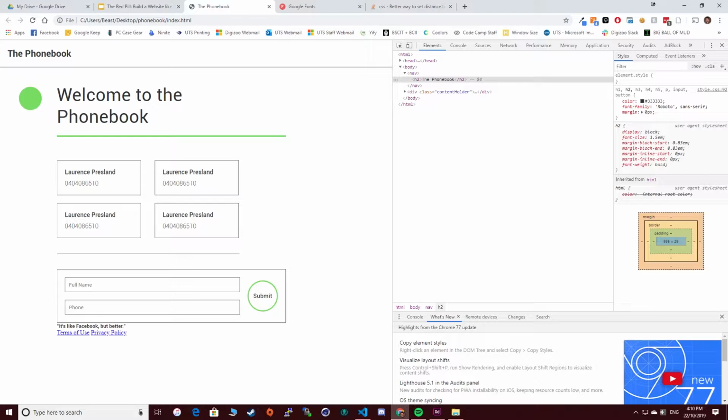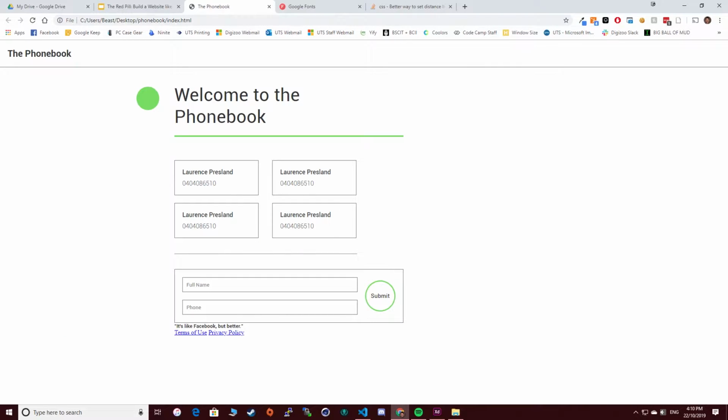Now the footer can be a bit tricky. Because looking at our page right now, there's not actually enough content on our page to push this footer to the bottom. So if we designed our footer, it would just be kind of floating here. So what can we do? We're going to position our footer